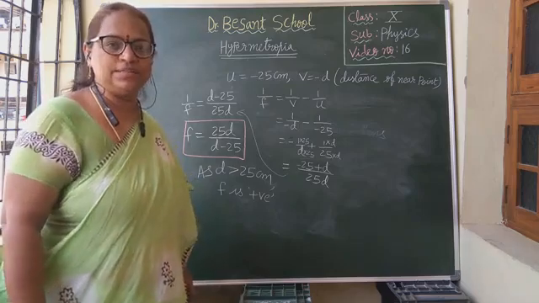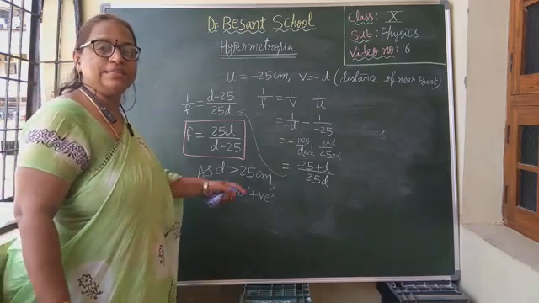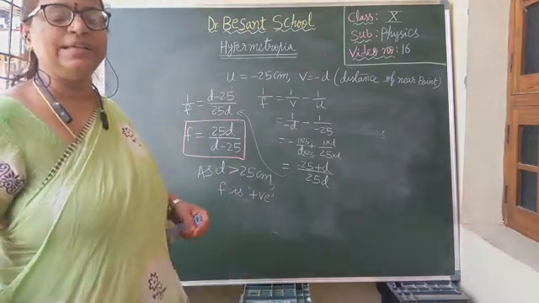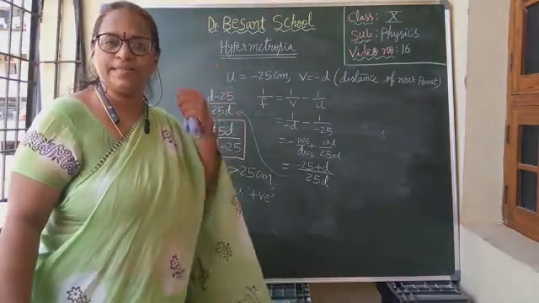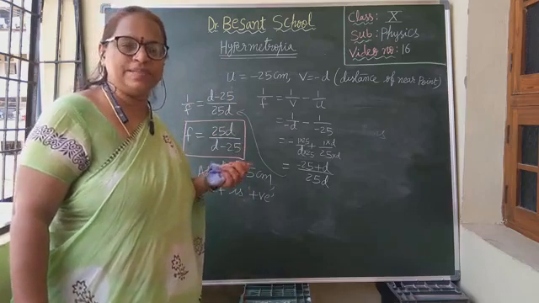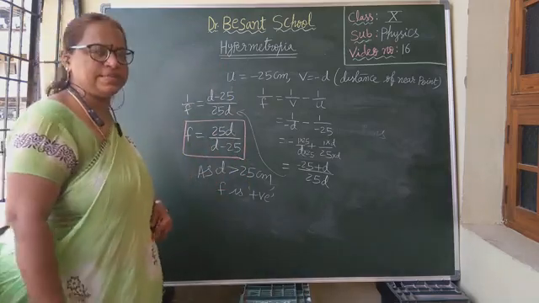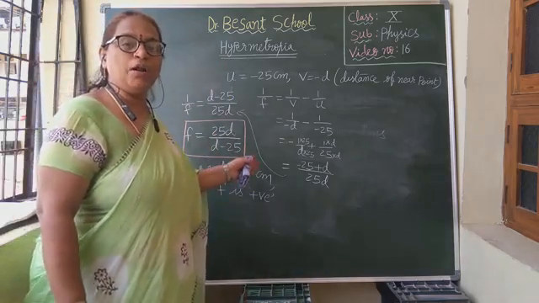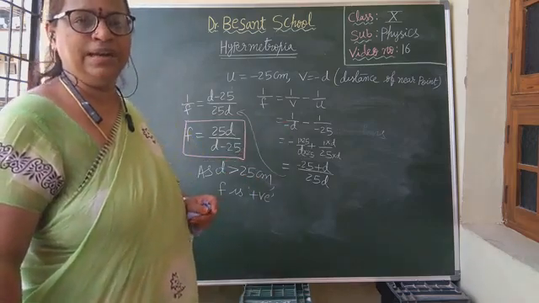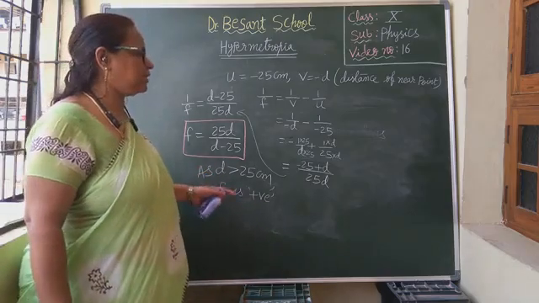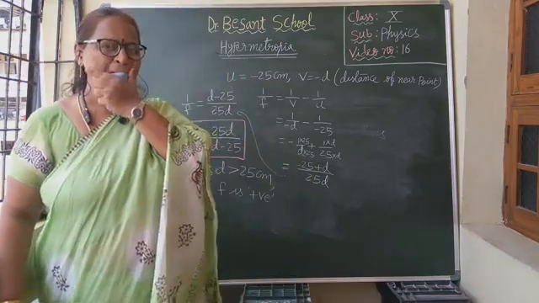What are the converging lenses? Convex lens. A positive focal length shows that the lens we are using is a converging lens, that is a convex lens. In myopia, we got a negative focal length, f equal to minus d. That negative focal length represents that the lens used is a concave lens. Here a positive focal length represents that the lens used is a converging lens, which is a convex lens. Am I clear, children? I hope you all understood this. Like this we will find the focal length. This is about hypermetropia.